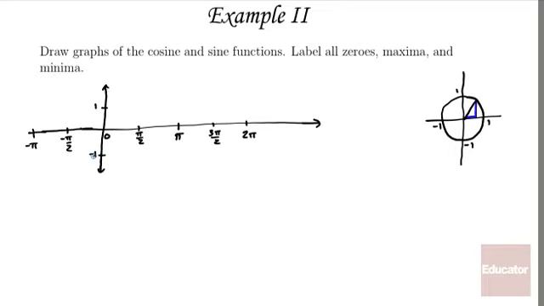So let me start out with the cosine function. I'll do that one in blue. Y equals cosine x. So we'll remember the values that we learned in the previous question. Cosine of 0 is 1. Cosine of pi over 2 was 0. Cosine of pi is -1. Cosine of 3 pi over 2 is 0. And cosine of 2 pi is up at 1 again. And so what you get is this smooth curve